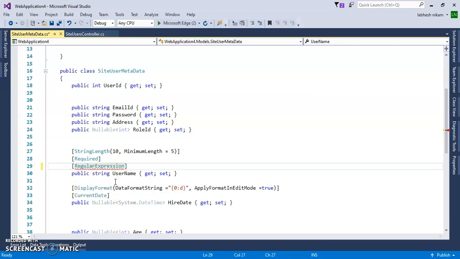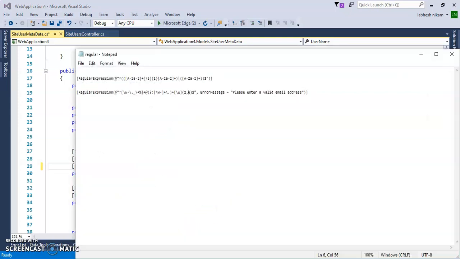Inside of that we will pass the regular expression string, and I will just copy it because it is hard to write. So I have copied this and pasted it there.